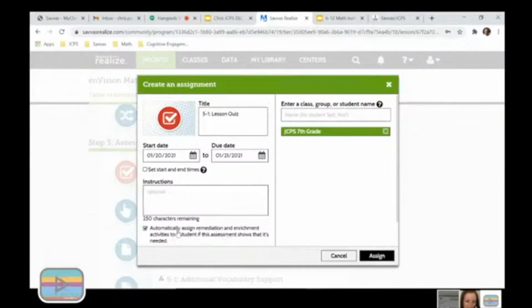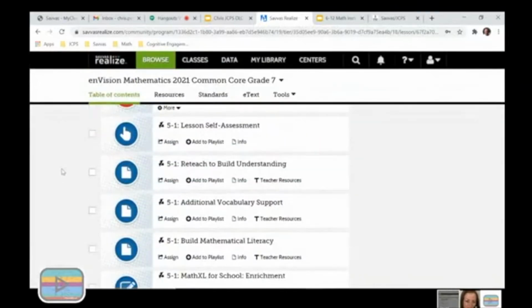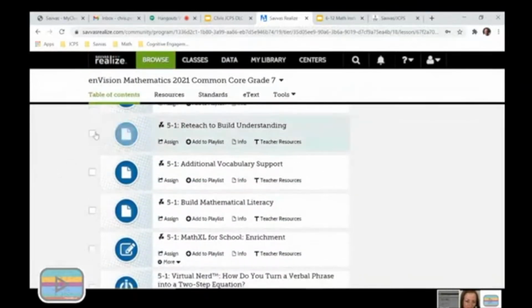Okay? So it's going to automatically assign those remediation and enrichment pieces. So if I were to hit assign, it would go out to my class, they would complete it, it would get graded, and then automatically